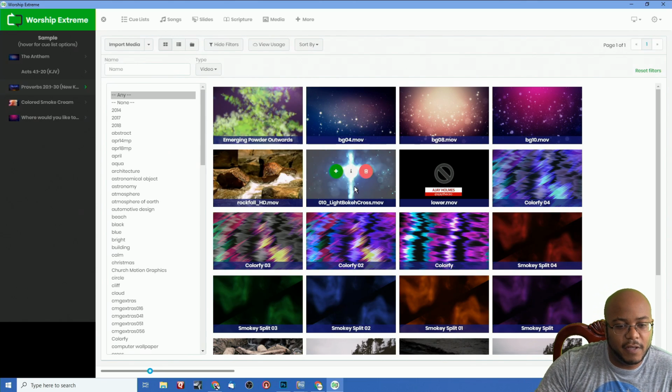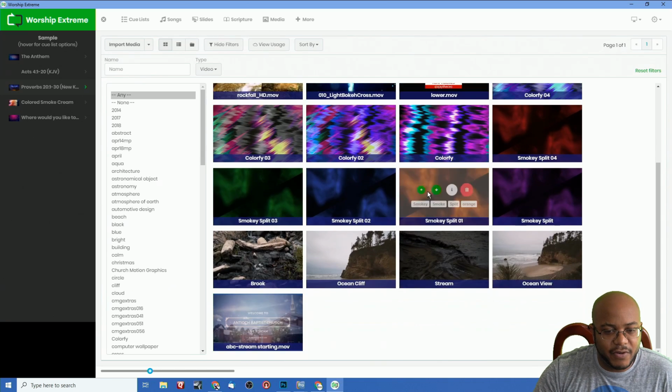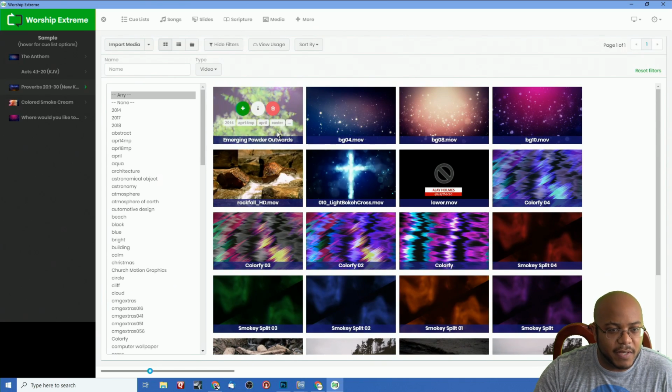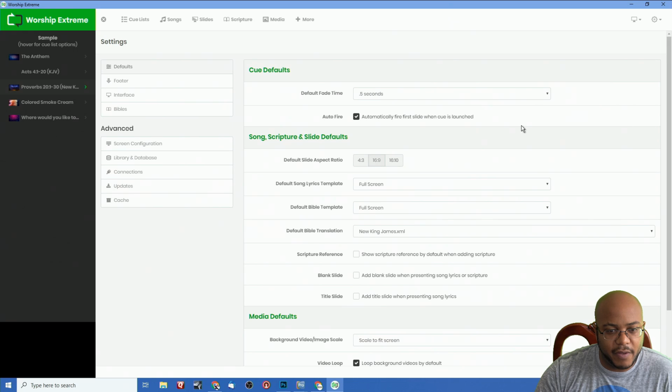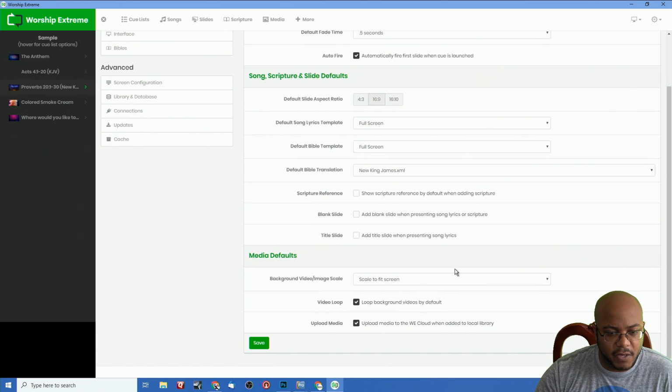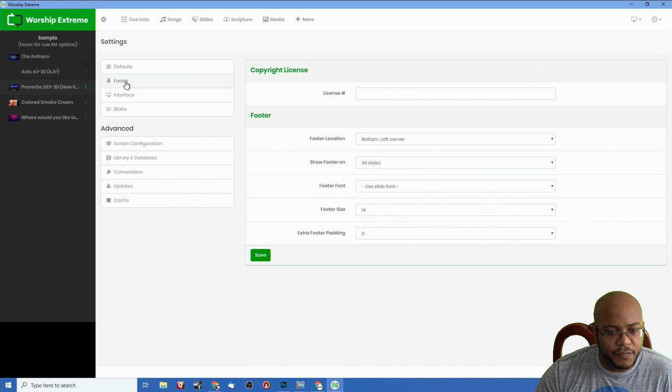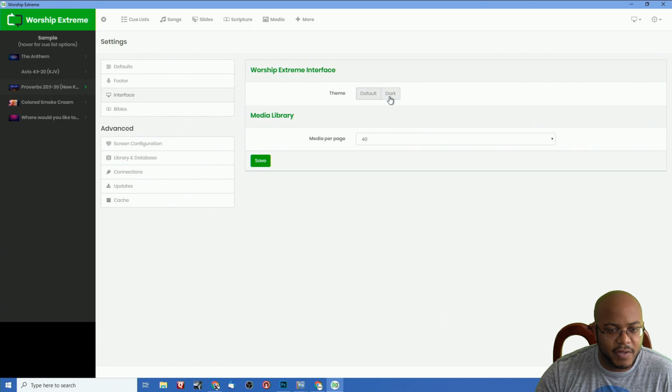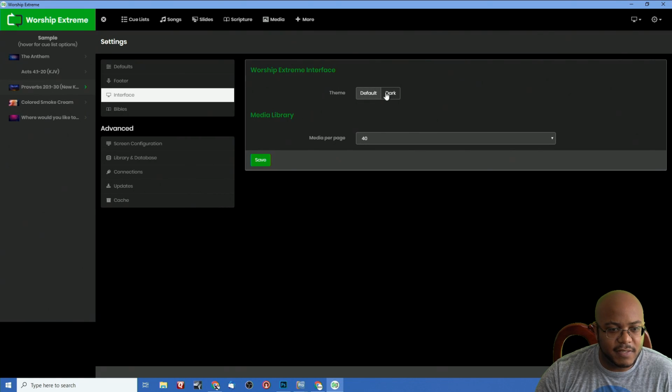So that's another thing, that if you want to just have motion backgrounds, now you can search directly for those instead of having to go through tons and tons of all the media that you have. What other features do they have? Let's go check out settings. Let's see what else they have in here. I forgot when, but they did add the 16:10 aspect ratio a while ago. Not seeing anything new so far under here. Footer is about the same. Interface, they said they changed some of the coloring inside of the dark interface, which normally I use the default,